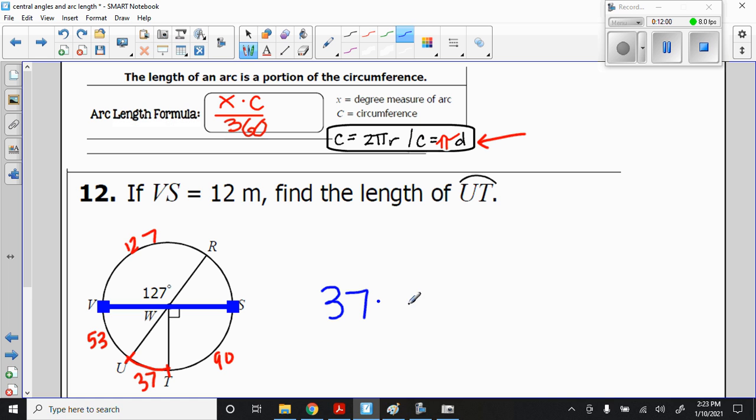Our C part is pi times our diameter. We already guessed that VS, well, not guessed, but we're given VS is 12. And that's it. Put your 360 in, and let's push some buttons. So I got 37 times the pi button times 12 divided by 360, and I get